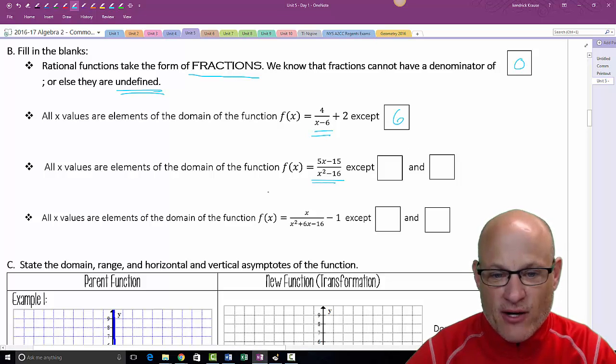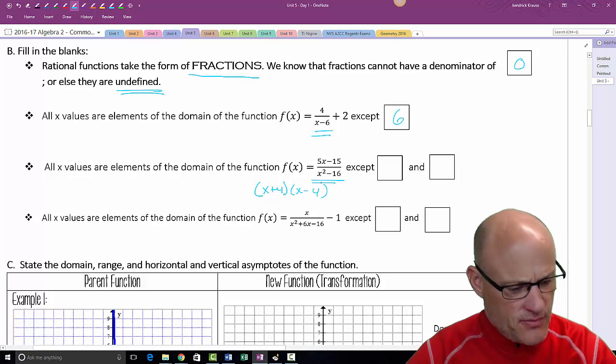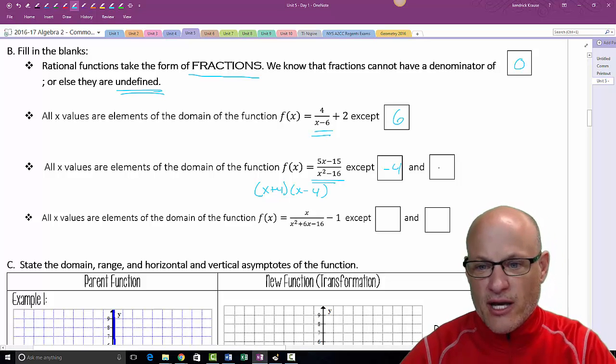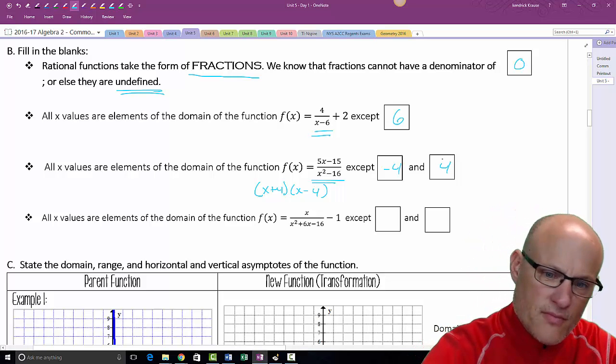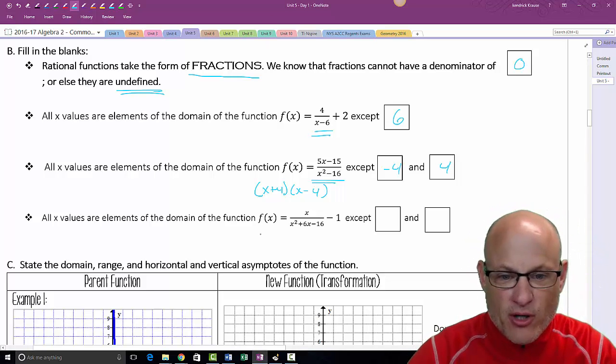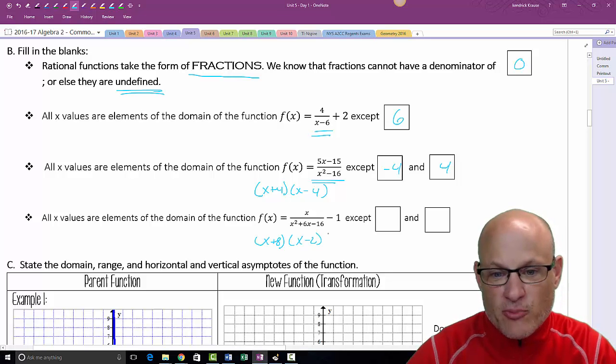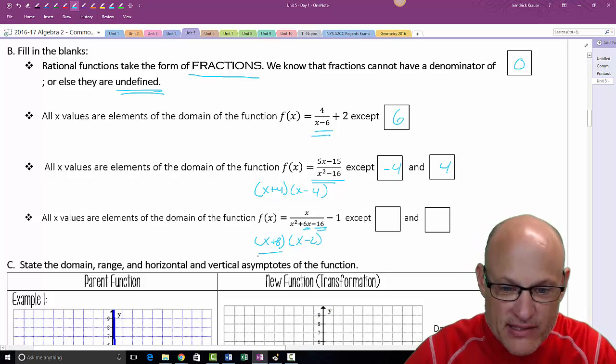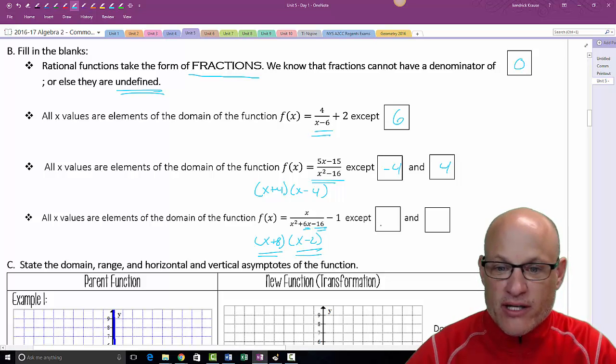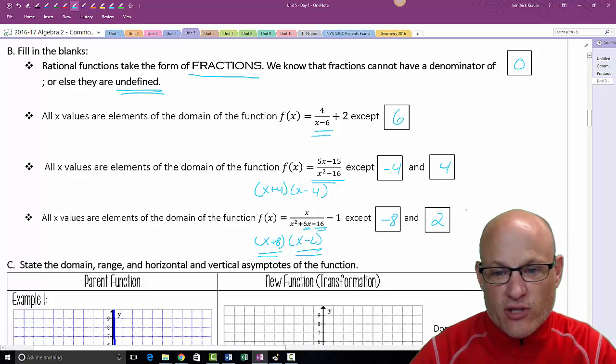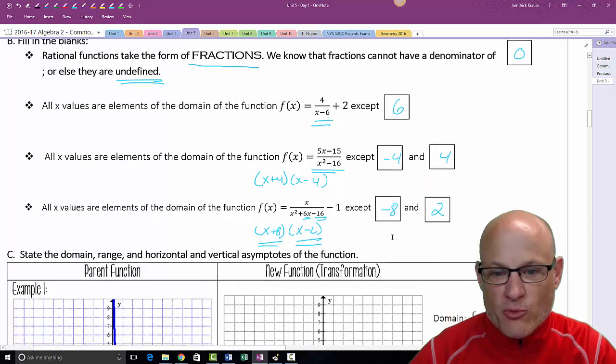What would make this undefined? Well, you could factor that: x plus 4, x minus 4. So, wouldn't you say negative 4 and positive 4? If you factored this one, you'd say what? x plus 8, x minus 2, multiply to negative 16, add up to negative 6. So what can't x equal here? What would make this 0? Negative 8 would make the first one 0. Positive 2 would make the next one 0. So those can't be. Now those numbers are going to become important parts when we talk about